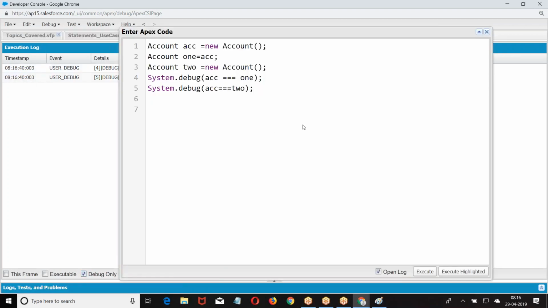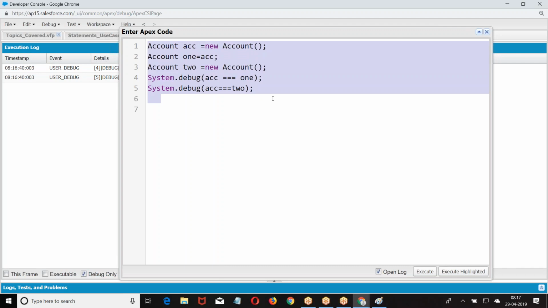Now look at the point here. It is empty, it is also empty. But when I told ACC equal to 1, why? ACC and 1 both are the same, because here both of them are referring to the same memory location. Here they are not referring to the same memory location, right? So are you getting my point? Triple equal to will verify whether both of them are referring to the same address location.